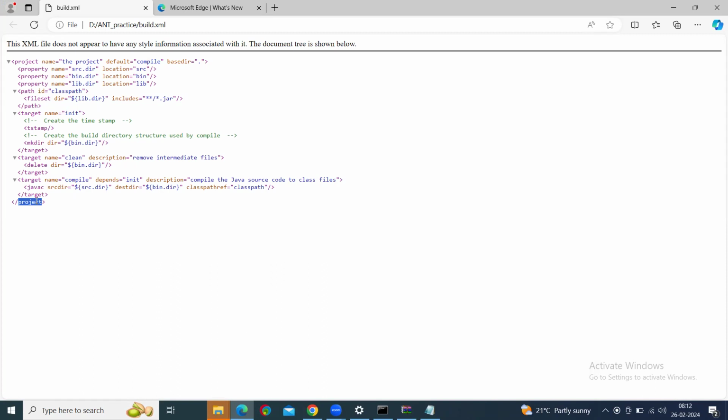Okay, and every project will have a name. A project can have a name. See, every project will have a name. Name is equal to something they give in the project. Okay, fine. So after that,